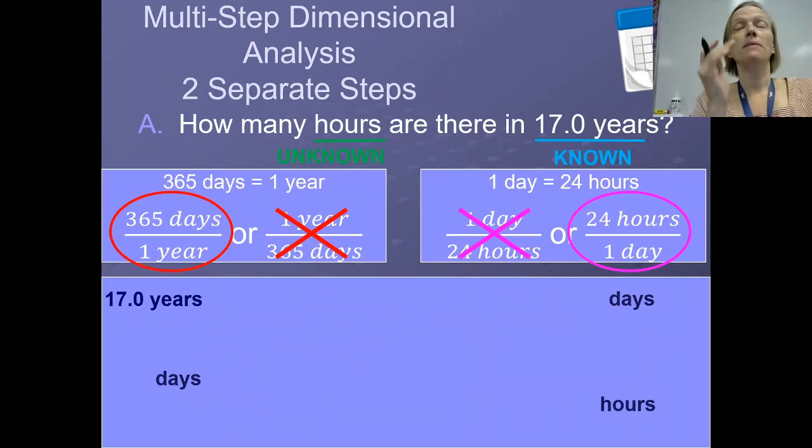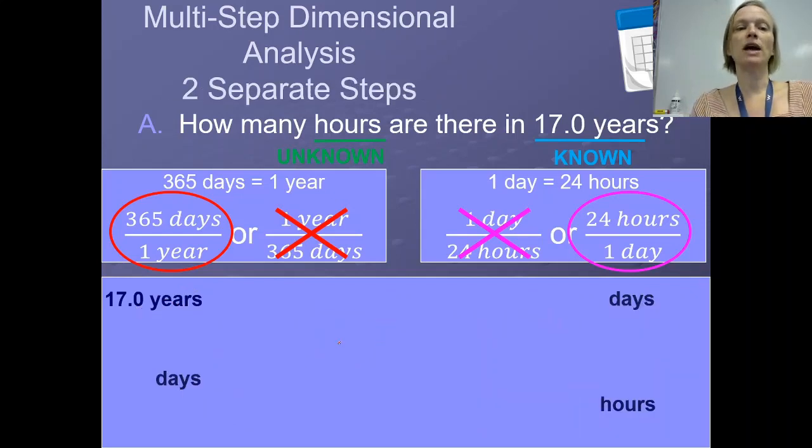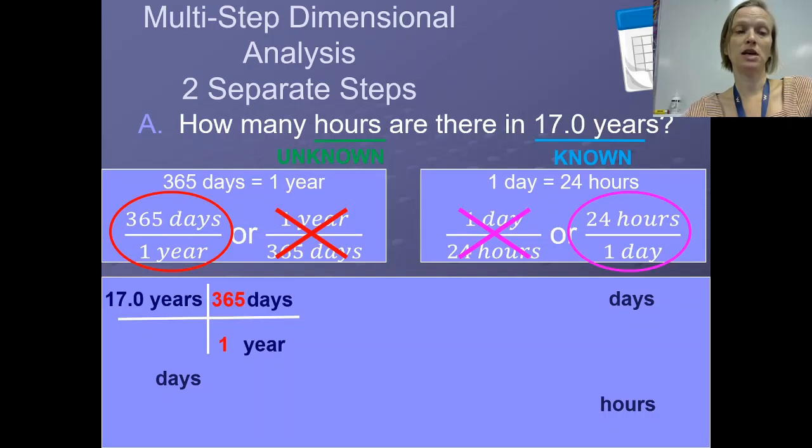Again, if it helps you, you can do this as 2 entirely separate dimensional analysis problems. I like to do it in one step because I think it's handy to cross out the units like you see here. Years cancels out with years, days cancels out with days. But you can do it as 2 totally separate steps. So I can start with 17 years and go to days as one dimensional analysis problem, and I can go from days and convert to hours as a totally separate dimensional analysis problem. Each time I'm just going to use one conversion factor, get rid of the years, bring in the days,